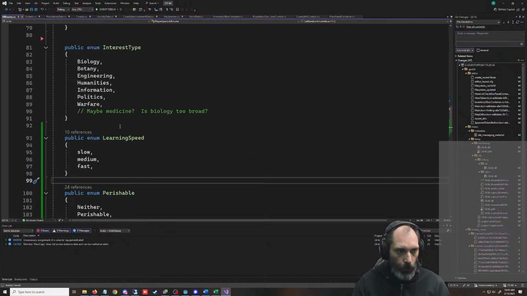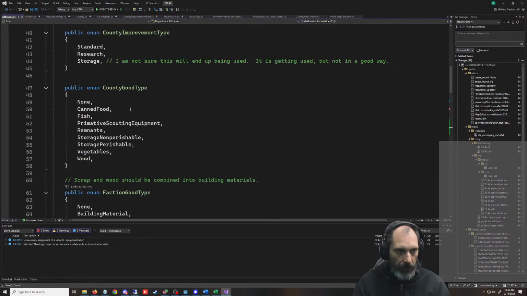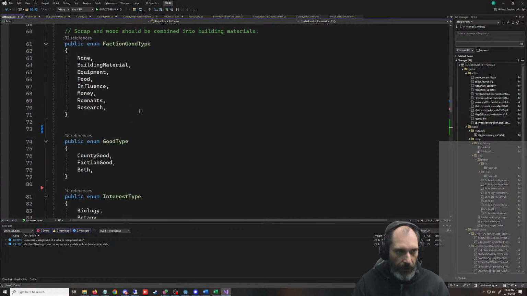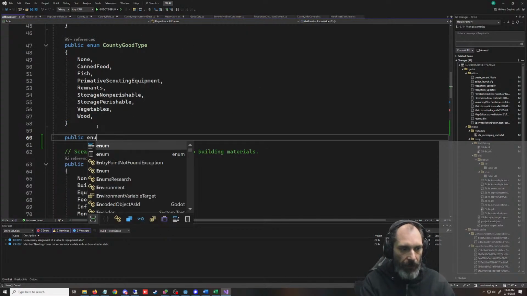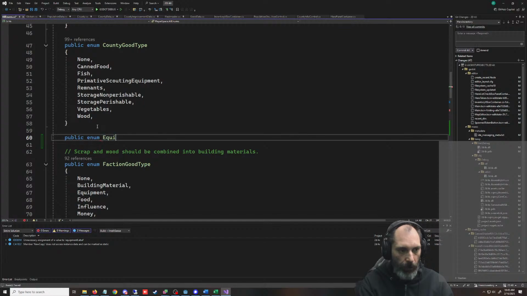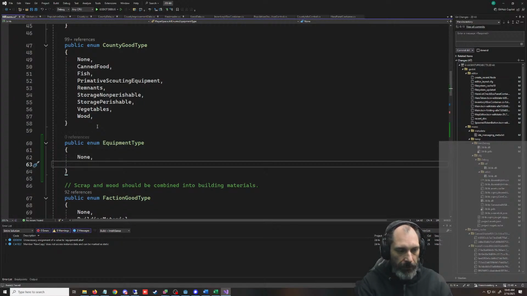What are we doing now? Equipment type. So we're going to do that in E. Yeah, I think I'm overthinking stuff like that. Equipment type. And we're going to say the first one, the default, is going to be none. And then we're going to say scouting, or sorry, reconnaissance.